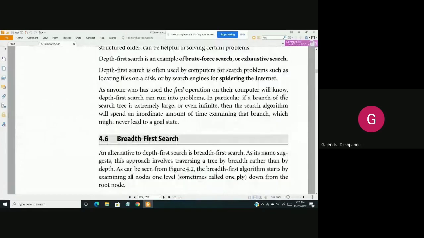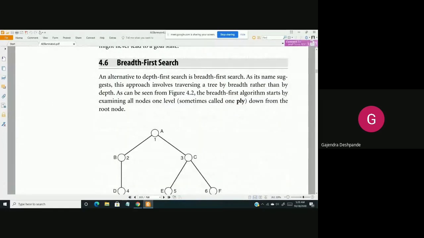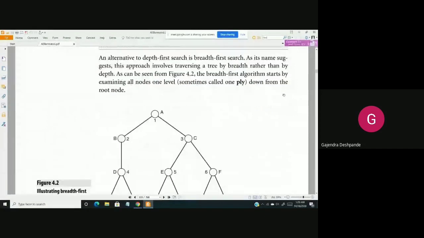Then the next technique is breadth first search. So we know the problem with the depth first search now. What if the solution is available on the right part of the tree, but you have relatively larger depth on the left part of the tree? That's a problem. It will take a lot of time to reach the goal node, or it will never reach it if you have infinite depth. Now to solve this problem, researchers came up with another technique that is known as breadth